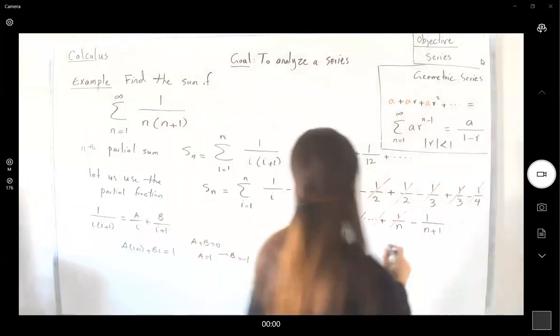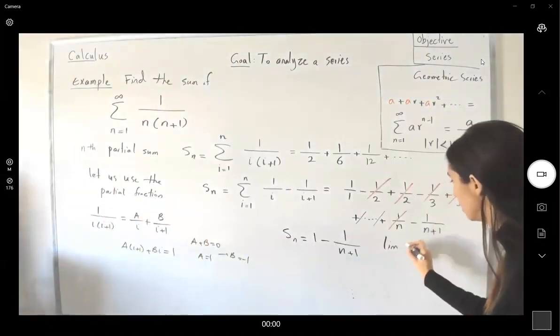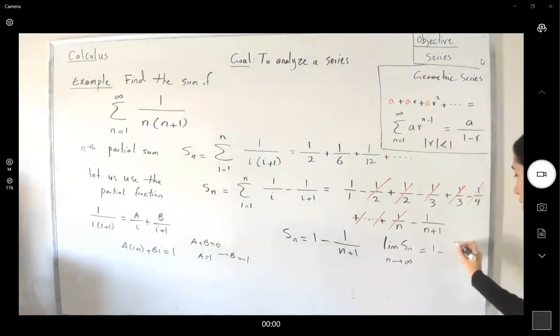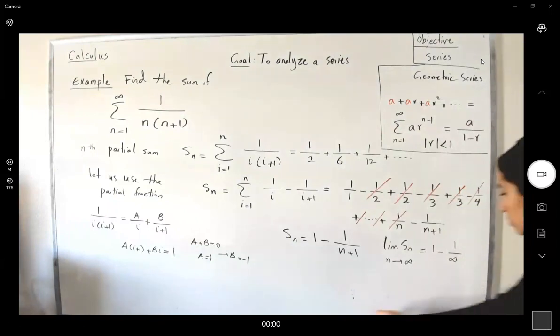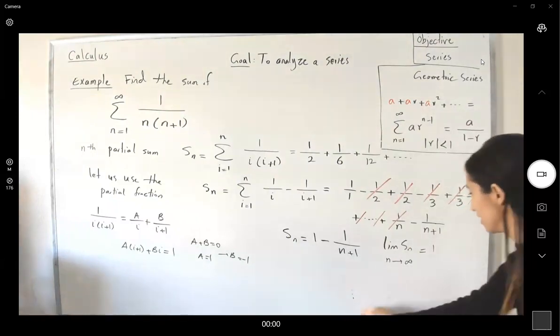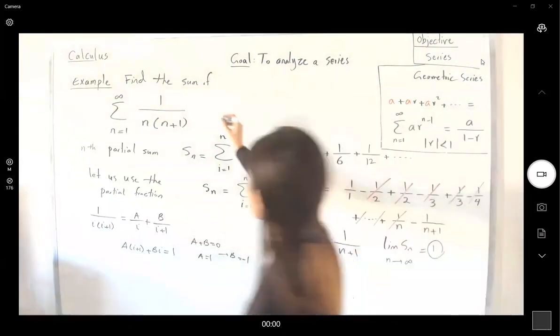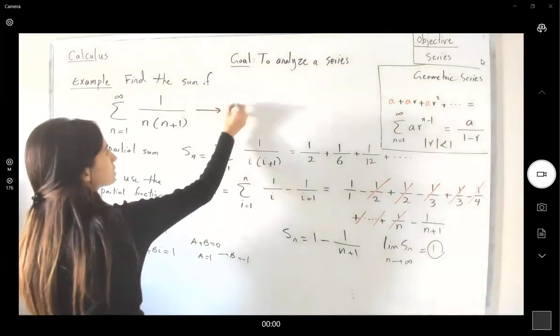When you take the limit of S n while n goes to infinity, this is 1 minus 1 over infinity, or 0, so it is equal to 1. Since the limit of your partial sum is 1, you say that the limit of this series is also